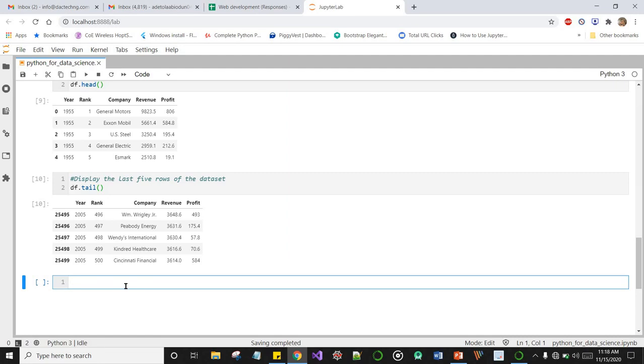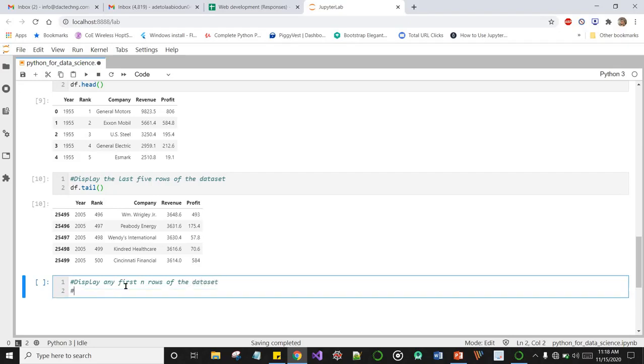And alternatively, what if I want to display the first 10 rows of my data set? Maybe I don't need 5, maybe I just need 2, or maybe I just need 4. So let's say display any first n rows of the data set, and let's just display the first 3 rows.